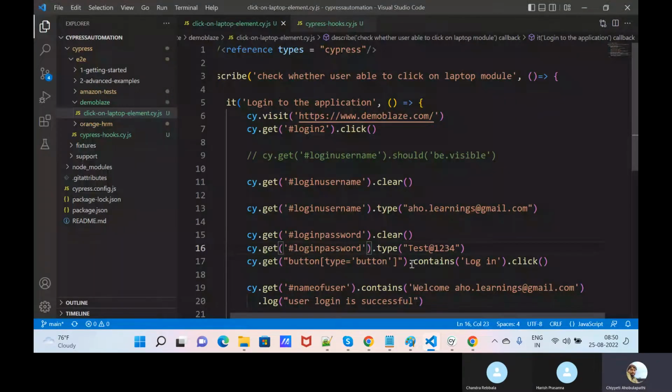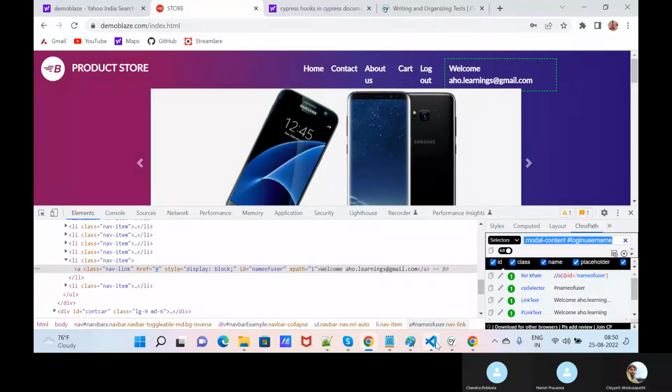What is the element I captured for this one? Name of the user, no? We will try with